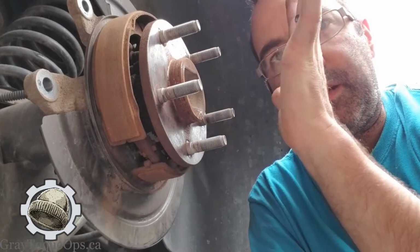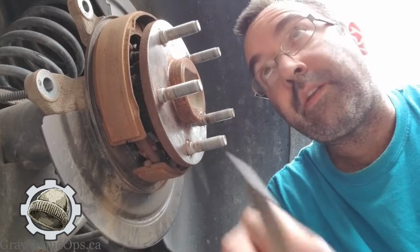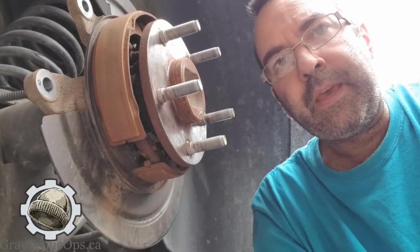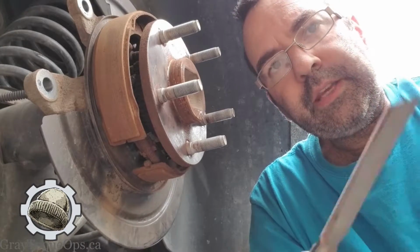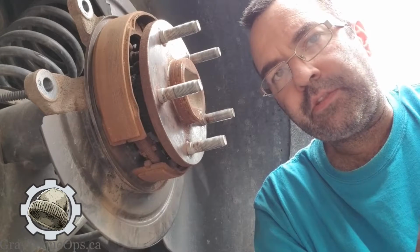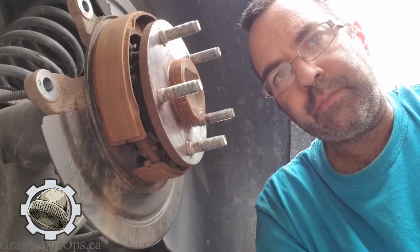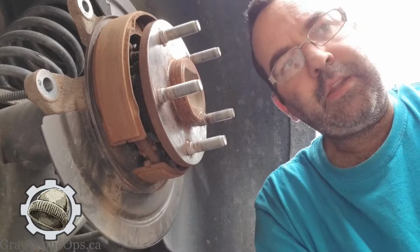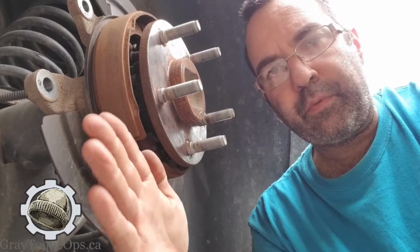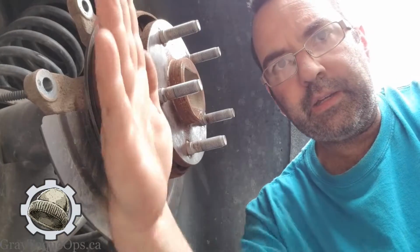And you got a brake rotor that goes on here, and it's pretty big. I'd go get it, but it's off in a box somewhere. Anyways, the key thing that people overlook here is there are specifications for everything. A bolt needs to be tightened to a certain spec, and there are certain tolerances for things. And in the brake world, when you have a brake rotor, your rotor is spinning